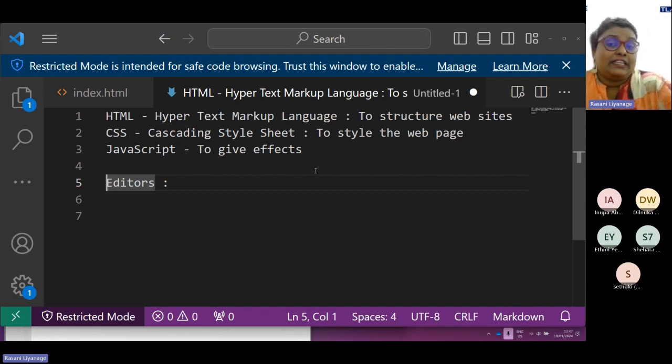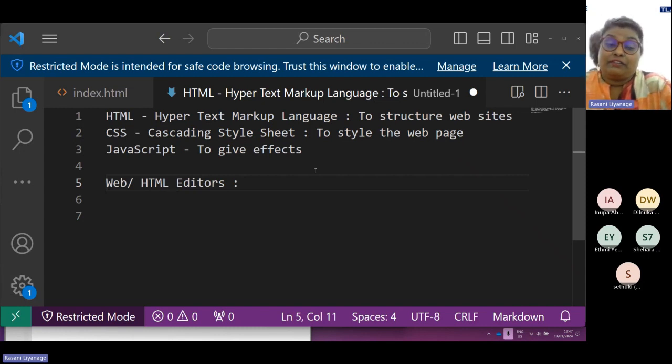We have to have editors, software which support us to write the codes. We can call these HTML editors, but the right name would be web editors or HTML editors,